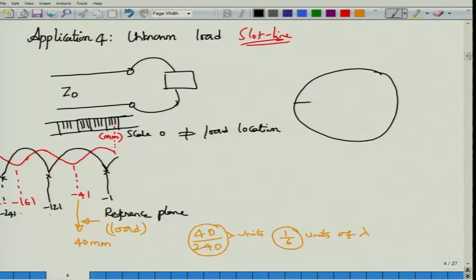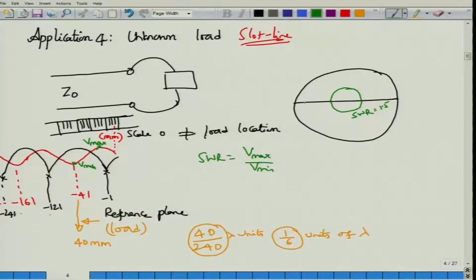So this is the Smith chart, I am not interested in anything else. Now with the unknown load, I can also measure Vmax and Vmin, and therefore find the standing wave ratio to be Vmax by Vmin. Someone has also already done this measurement and given me the value of SWR. So I draw a circle which I would call the SWR circle. In this case maybe SWR is 1 or 1.5, it does not matter what SWR is. In the next examples that I will discuss, I will actually give you the values. So SWR is some 1.5, let us say.